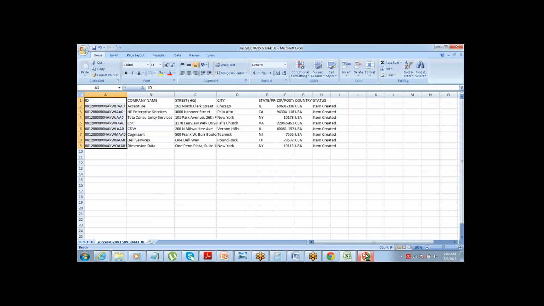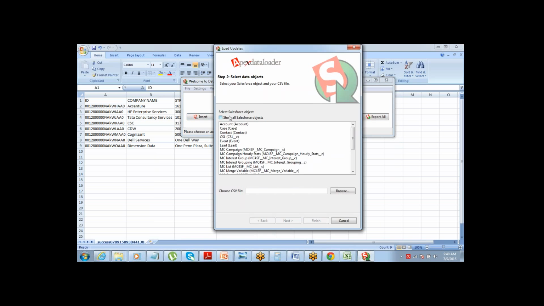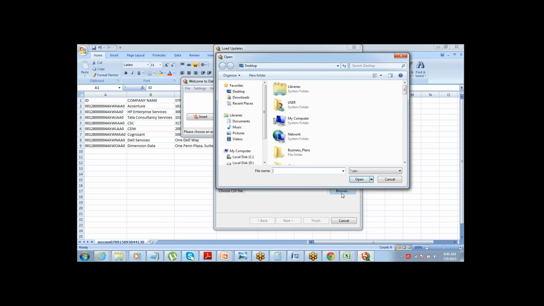So my update file is ready. This time I'll go to data loader and I'll say update. This time we don't do insert, we just say update. And then which object you want to update? Let's say account. Then just say browse the file.